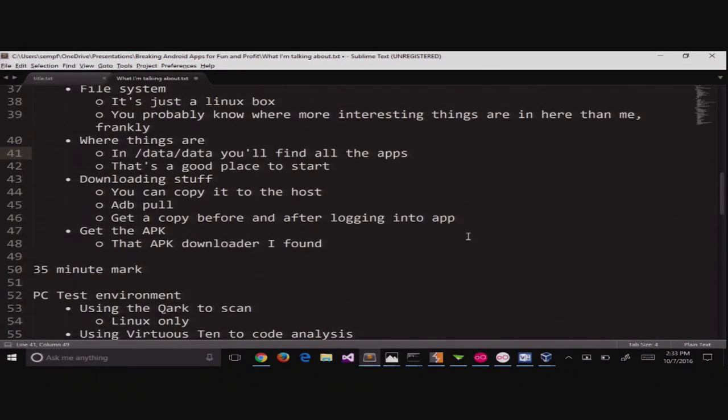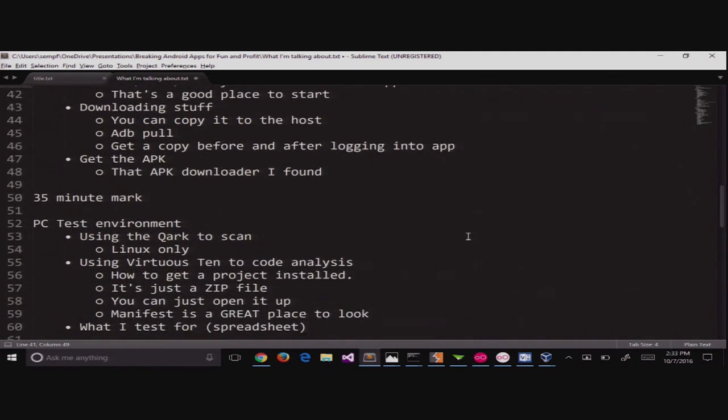Most of you being security people, you're probably more familiar with the underlying Linux operating system than I am. You probably know interesting places to go look for things as well. One way to do things is just to go get everything before you install the application and go get everything after you install the application and compare the two stacks. Find out what that application changed on the device. I have done that before and found all kinds of interesting things, especially if an application requires a certain privilege from the phone that allows it to save its settings elsewhere or give it more advanced access into the operating system. Then you're definitely going to want to go dig around and look. But that's a little above what we're trying to do here. Pull a copy to the host.